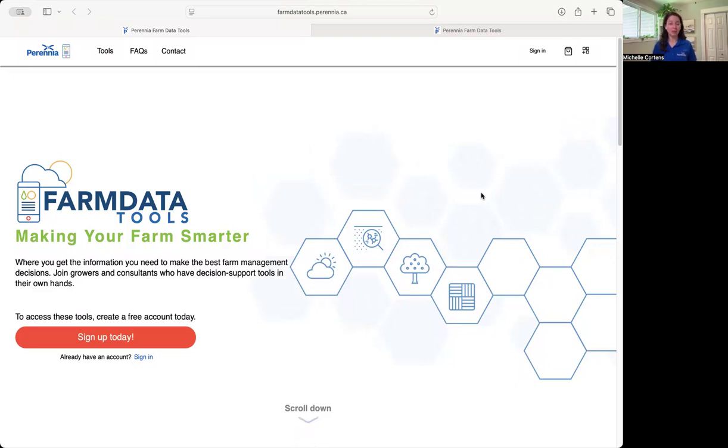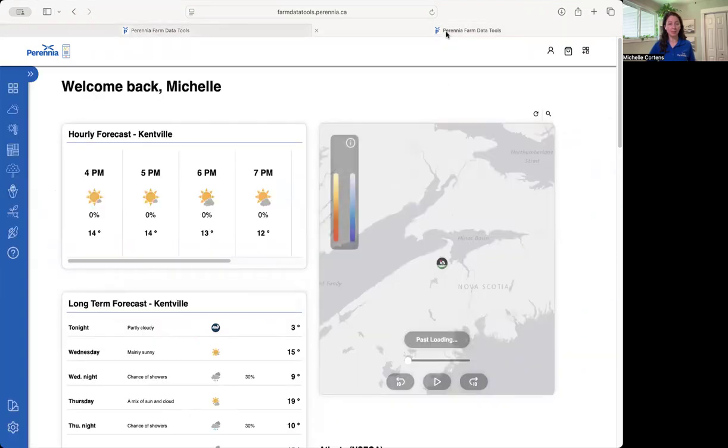What you're going to have to do when you're a new user is create a free account with Perennia, well, it's a general Perennia account. You can do so at the Farm Data Tools page. So this is farmdatatools.perennia.ca. And you would go to sign up today, this big red button, and fill in your information to create an account. I already have an account, so I'm going to quickly jump over to the tab where I've already